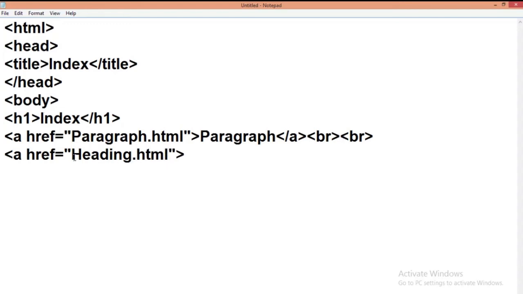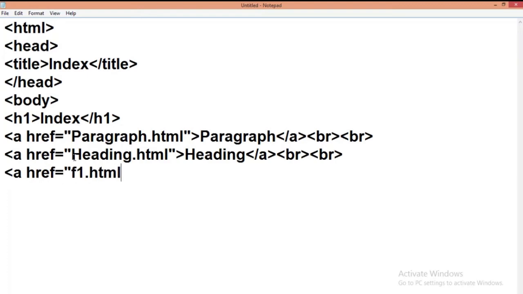We copy and paste the file name because then there is no chance of a mistake. Paste again, slash anchor tag, and use the br tag. Once again, f1.html, the file name.